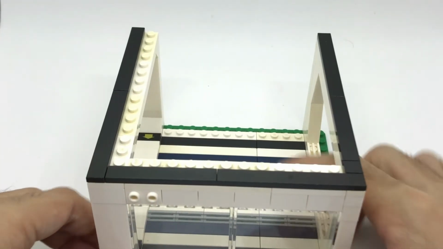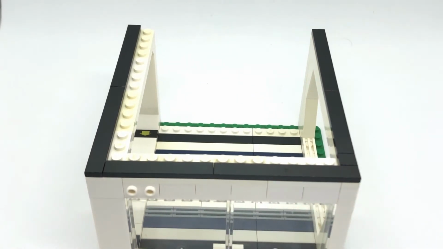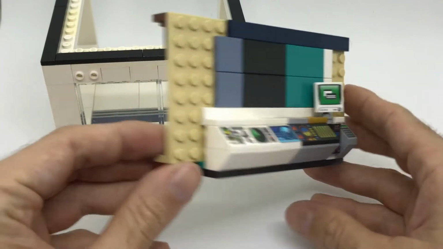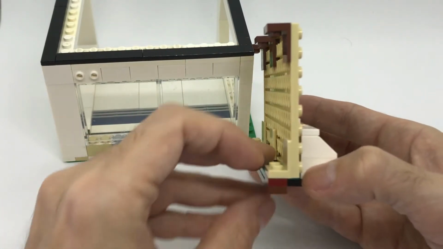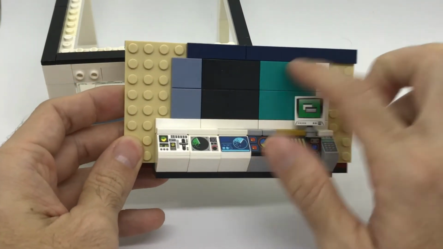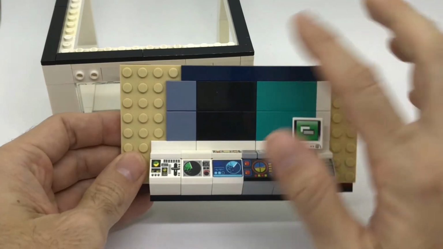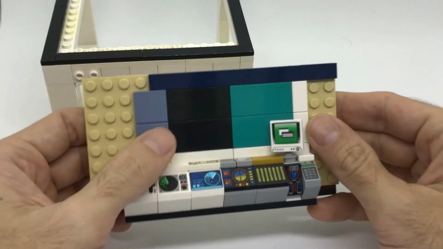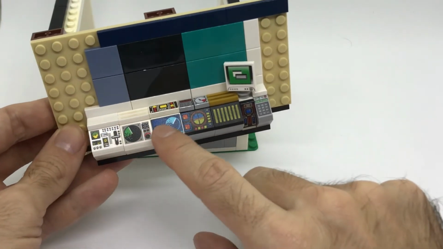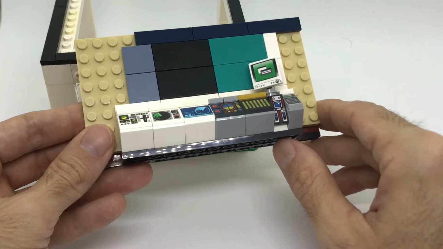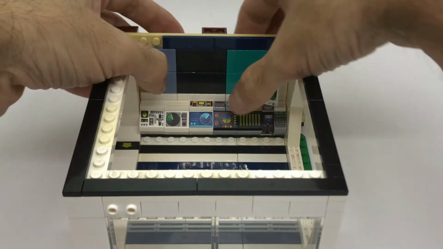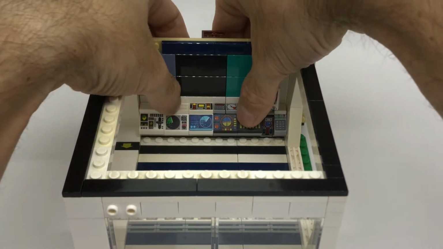Now let's move on to the other side, on that far wall. Over there I wanted to create a little bit of a command center, a few plates, a few brackets, so that I could create another surface with tiles, different colors there. Those are supposed to be some sort of different screens. For this command center, I use different tiles, printed tiles and printed slopes, some recent and some a little bit older. And that's going to connect right there in that space.